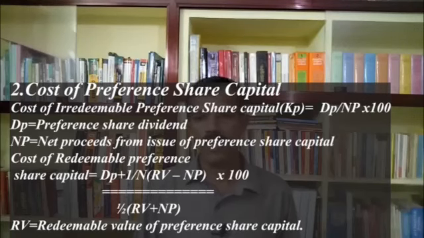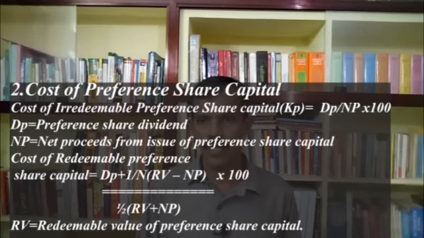Then secondly we calculate the cost of redeemable preference share capital. We have to redeem this preference share after the expiry of a specified period of time, say 2 years, 3 years, 4 years, 5 years, etc. Then here our formula: DP means preference dividend, DP plus 1 divided by N, then RV minus NP divided by half of RV plus NP